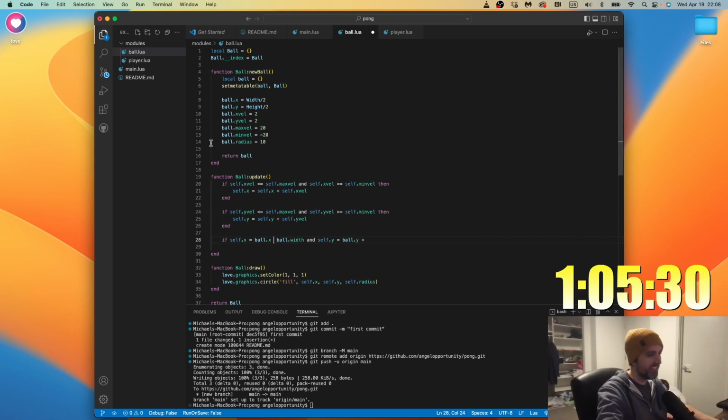That's a sloppy way to do it, but I'm going to resist the urge. I'm going to use, I don't remember what it's called in Lua, an array or a table of both players as a check for this.